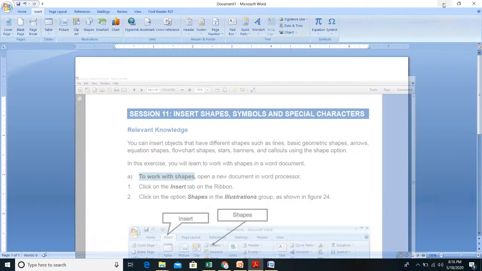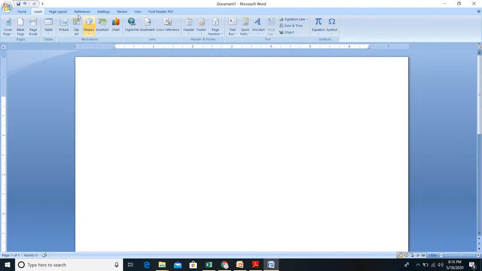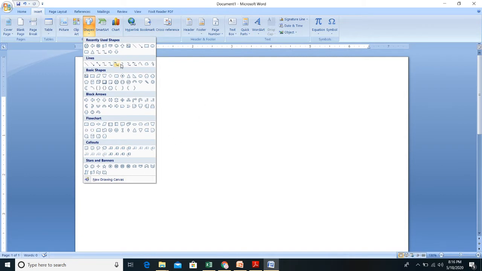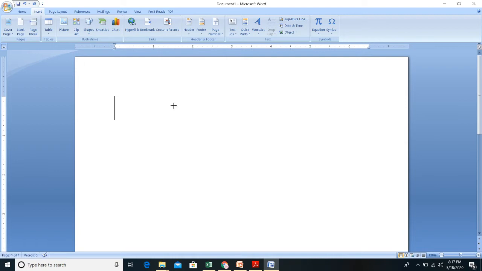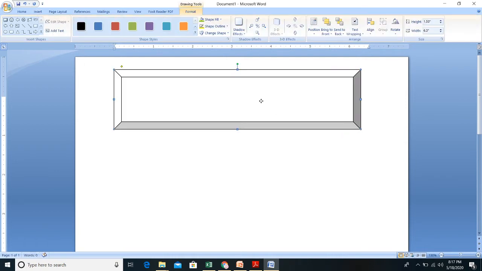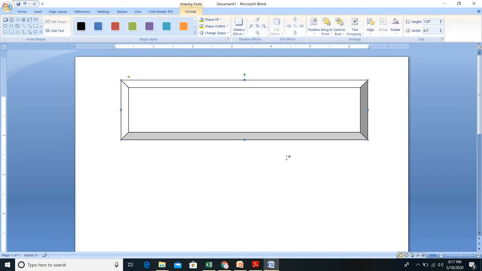डॉक्यूमेंट. ठीक है. So this is my MS Word document. So first of all you have to click on this insert option. When you will click on this insert option, you can see a shape option here. You have to click on this shapes option. So when you will click on this shapes option, you can see various shapes are available here. You can use any shapes. Suppose I want to draw this shape, so you can select. You can select these shapes according to your requirement.